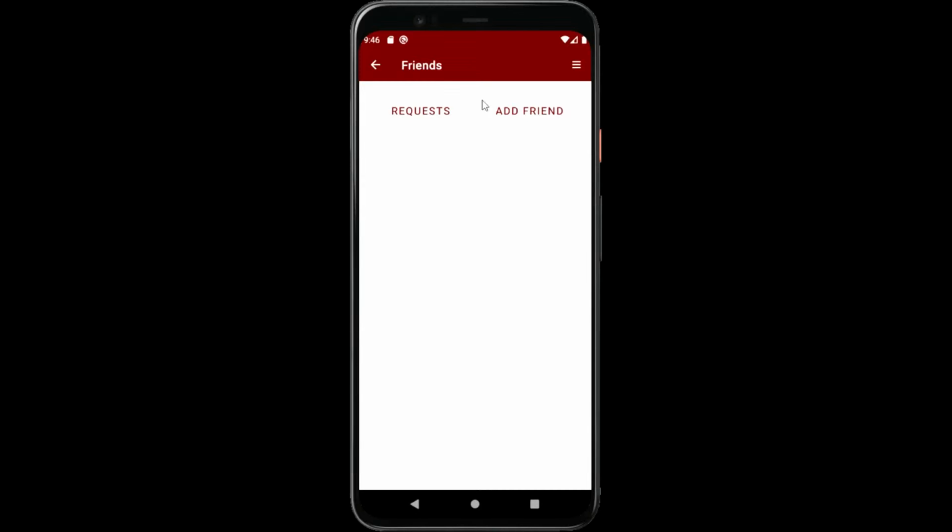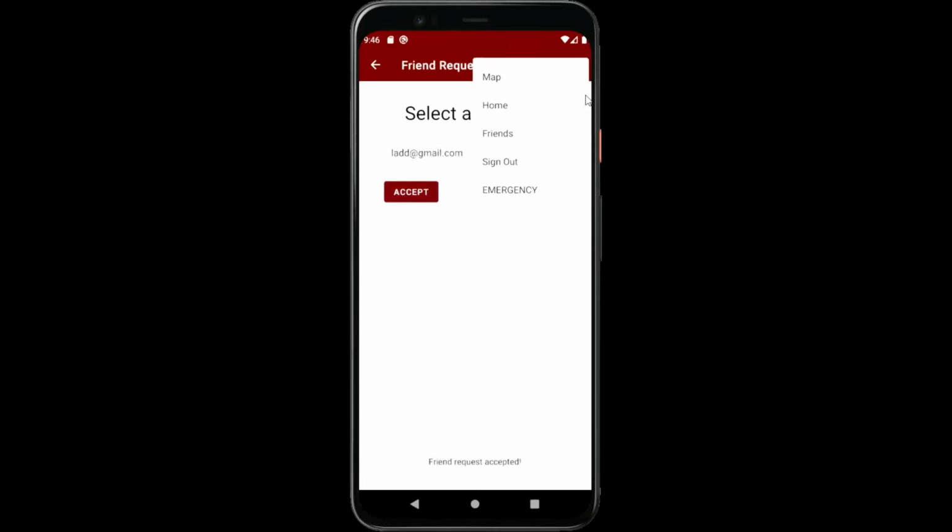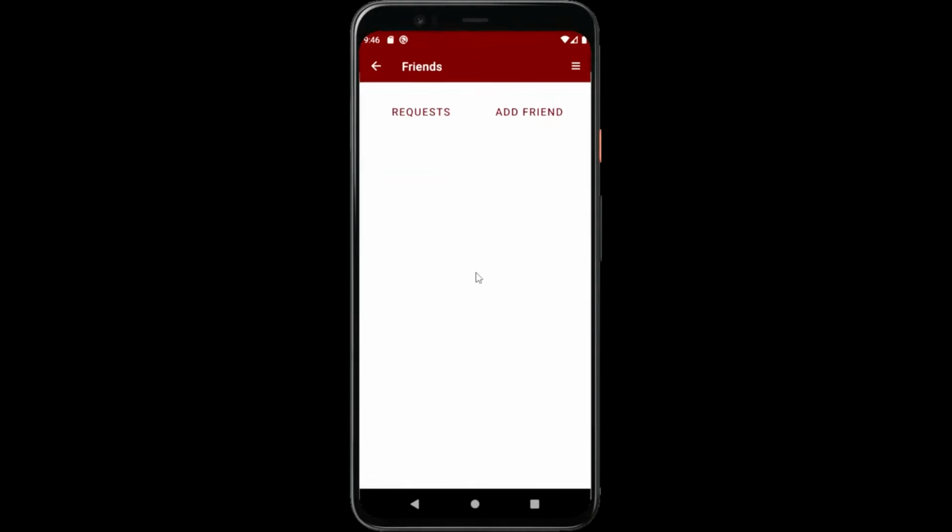So to start off, we're here in the friends list, and what we can do is click on the request button. If you have any friend requests, it'll be a drop-down menu. Right now I only have one, so I'm going to go ahead and accept it. It's been accepted, so let's go ahead and go back to friends list. Alright, he's appeared. So now we can go back to the home page and start making